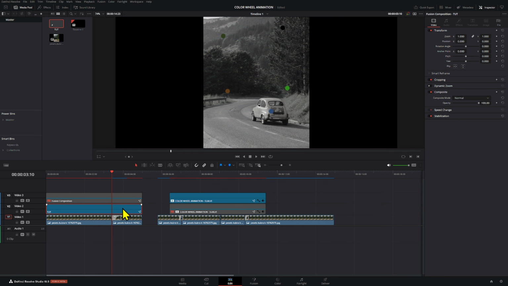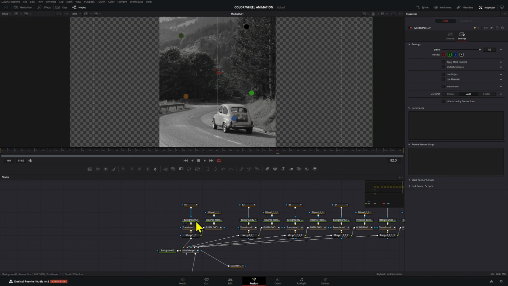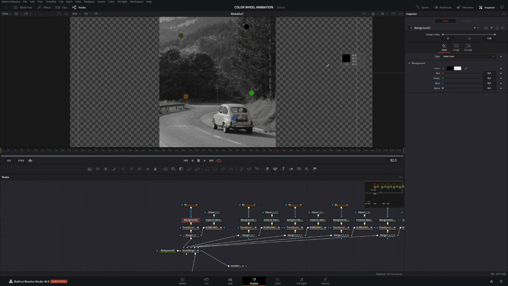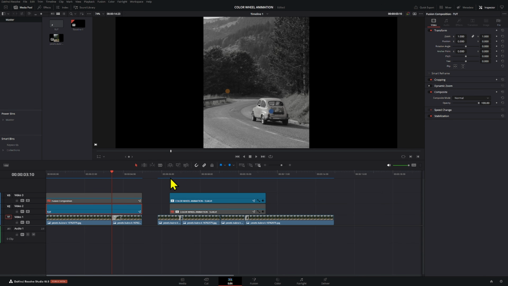And then what you wanna do is just save these as a preset on your master bin or your power bins right here, and then you can reuse it. In this case, if you create it from scratch and add more colors, you have to save it like that, and then go back to Fusion, and then modify each color here by just finding, let's say that's the first one right here. We're gonna select this area of colors. And then for the second one, which is that one, we're gonna select that area of colors. For this third one, we're gonna select that area of colors. And then when the image reveals itself, there it goes.